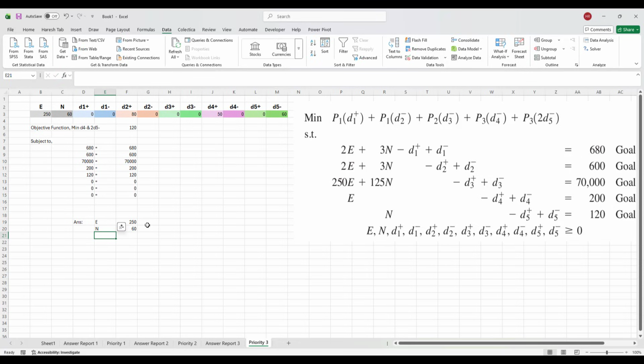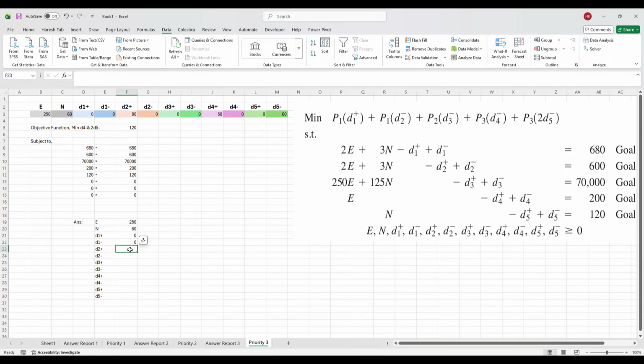Then D1 plus, D1 minus, D2 plus, D2 minus, D3 plus, D3 minus, D4 plus, D4 minus, D5 plus, D5 minus. Now, okay, and the values are D1 plus is 0,